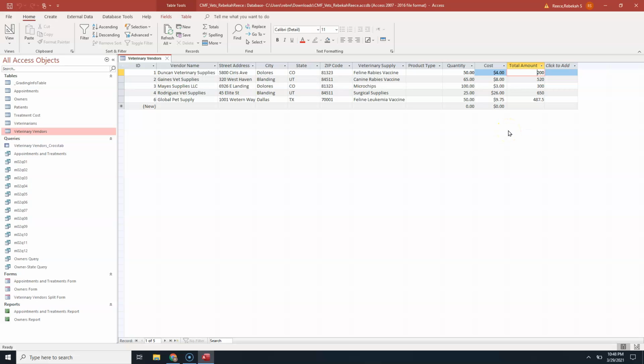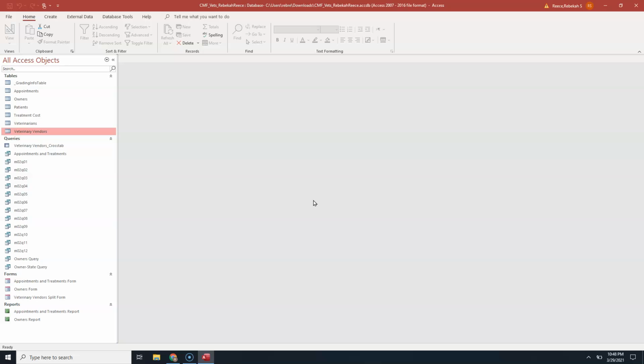All right, so we can save those changes, and then we are going to go ahead and close out of this table that we put our calculated field in, and I will change the size of those, of course. Our next section in our textbook is dealing with mass changes. So whenever we add a new field to a table, there are probably several records in there that do not have